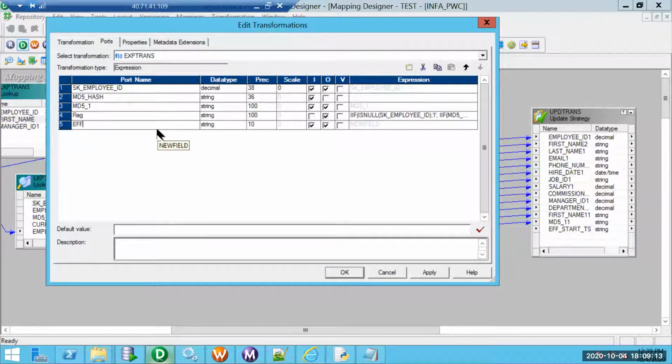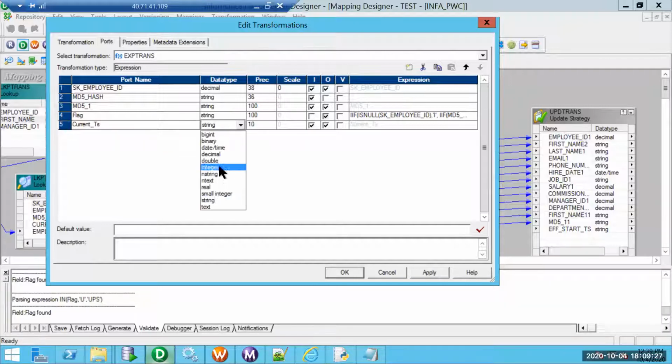So two things, effective start, maybe I'll say current date, current timestamp, that is better, current timestamp, which is nothing but date time, and then I'm going to populate the value here.